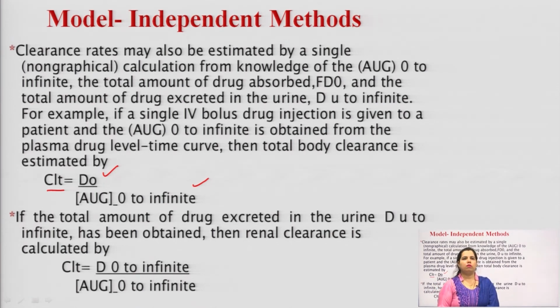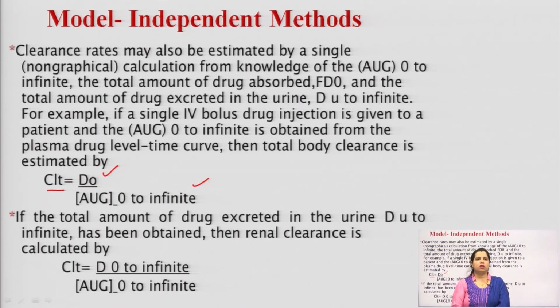So, when we administer a drug through IV bolus administration, the AUC is obtained from the plasma drug concentration, and the total body clearance is estimated using this equation. And if the total amount of drug excreted in urine DU to infinite